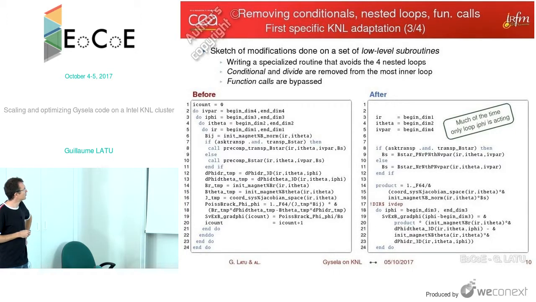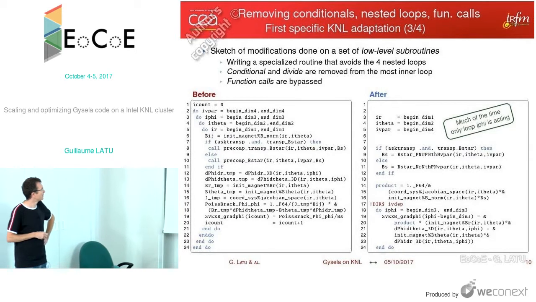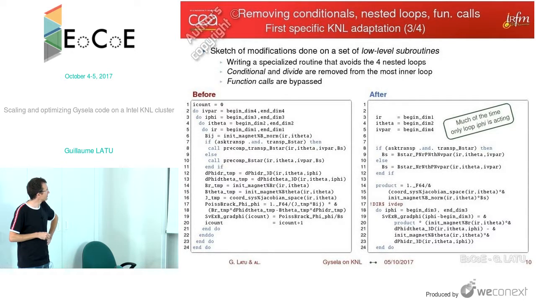We also move the conditional here from the inner loop to outside the loop. So it was possible, we have made it, and it's a great advantage to do this. We also avoid the call here, this routine was an accessor, so we remove the call and put only the value accessed in the array.